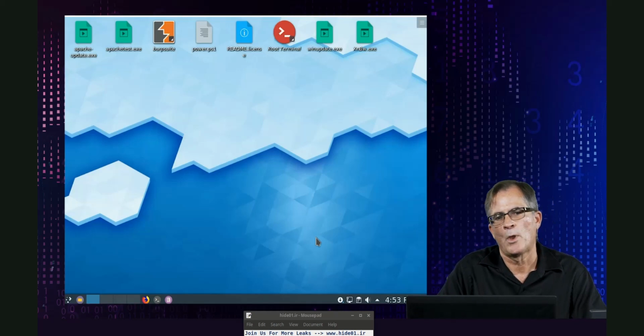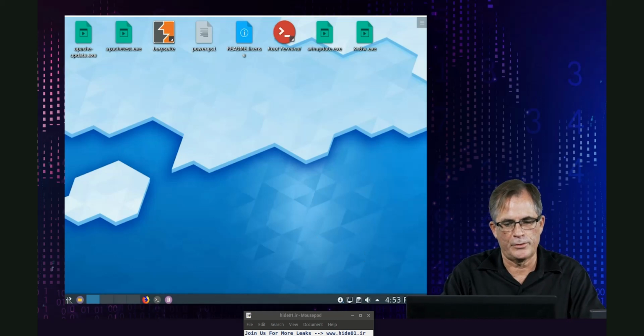So what we're going to do here is gather a variety of information. Now, it's important to understand that we're using Maltego in the free version of Maltego, right? So that's the thing to always remember here, because there's a commercial version as well. So what we're going to do is click over here on our application,